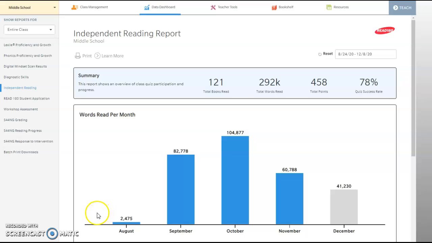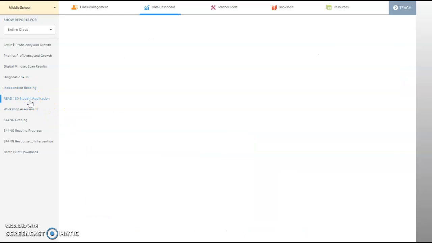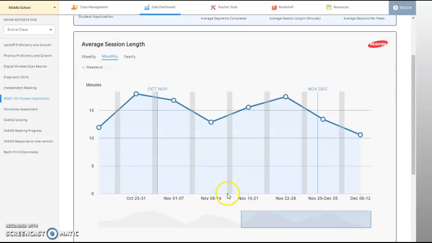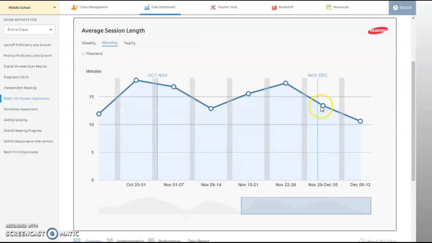Work hard. Have fun. Make sure you get your 10 to 15 minutes in of our student application. As you can see right here, last week we averaged about 12 minutes. We only have one day so far this week, but we're averaging 10.6. That's just barely up above where we need to be. So let's make sure we get some time in on that also. All right, guys, good job. Keep it up.